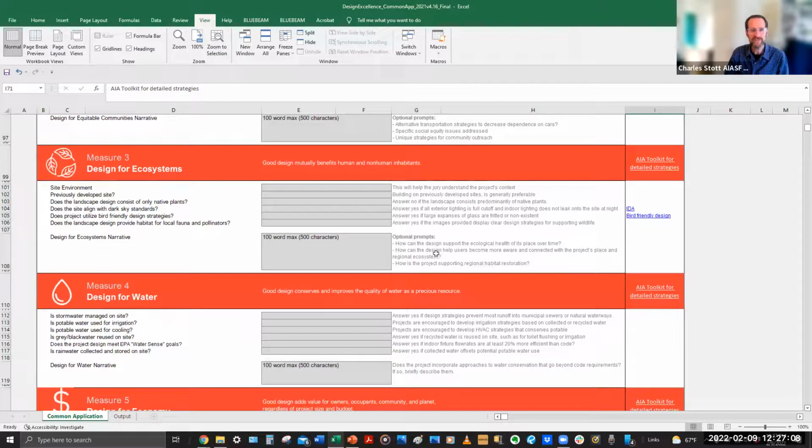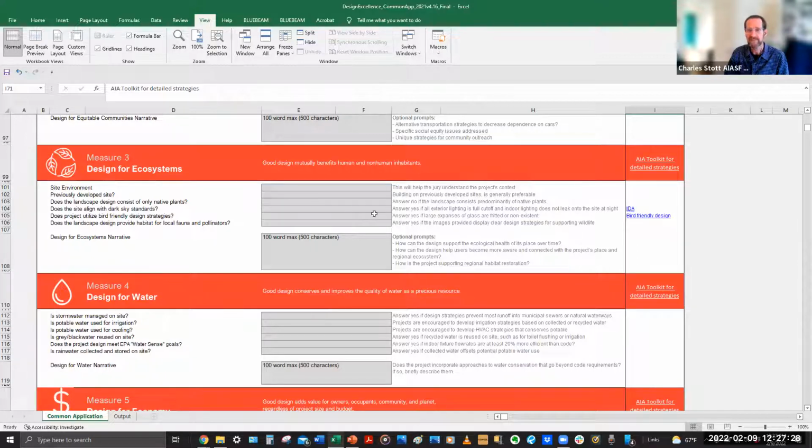So design for ecosystems, this is stepping outside the sort of human occupants or the human local nearby folks. How does this affect the nearby environment? Was this a previously developed site where you're reusing what's there?